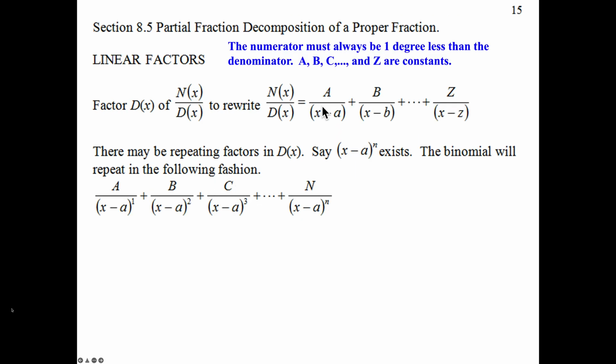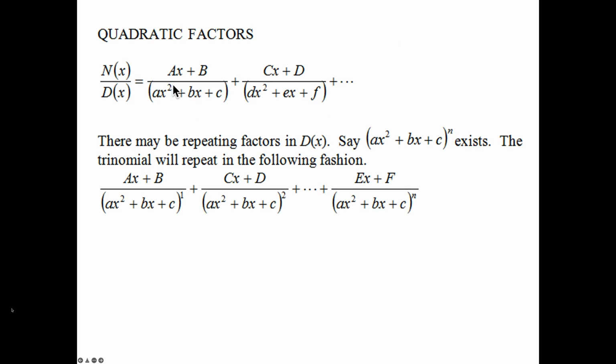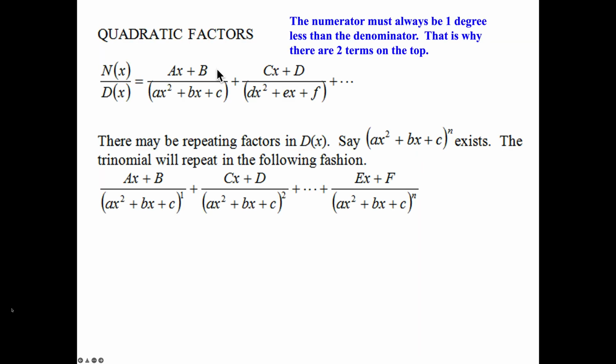X to the first, 1 term on the top. X squared, 2 terms on the top. If this was x cubed and it was a polynomial with an x cubed, you'd have to have 3 terms on the top. You would have a quadratic up there. But we're not going to go that far. All right? Okay, so there's the definition of our